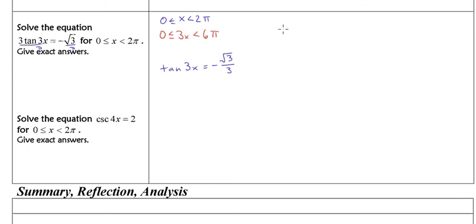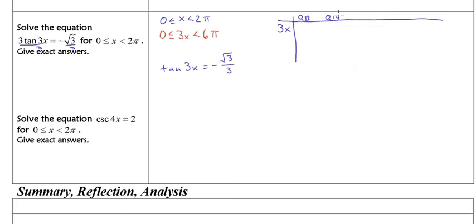And we could start our chart right now. Where would that give us a negative value? If we think about tangent, tangent is negative in the second quadrant and in the fourth quadrant. So in quadrant 2,